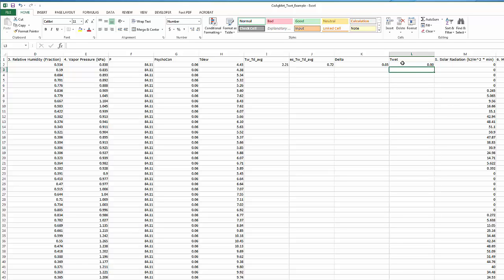Okay, and we can see that right now it's kicking out a value of 0, which we know is not correct. So one of the things that we have to do is go back over here and modify